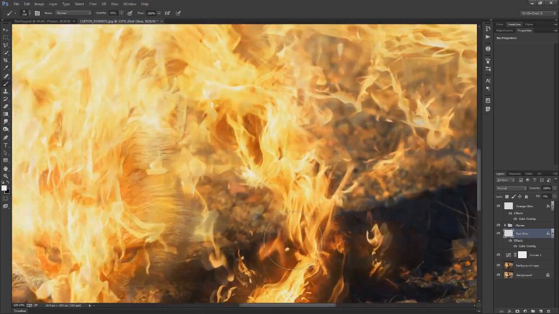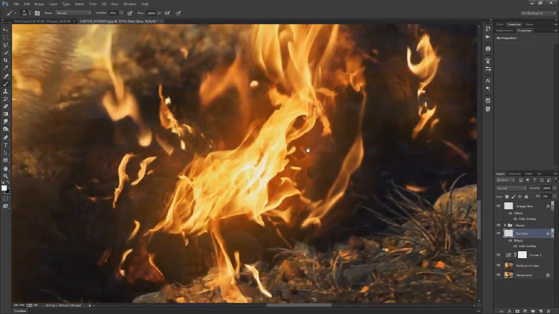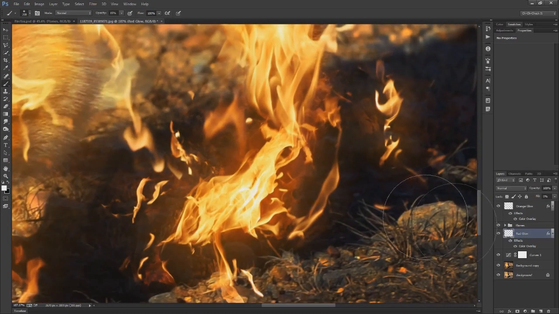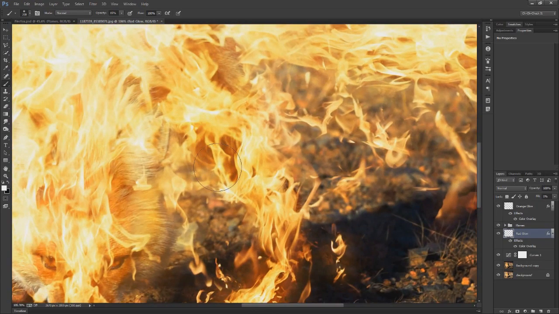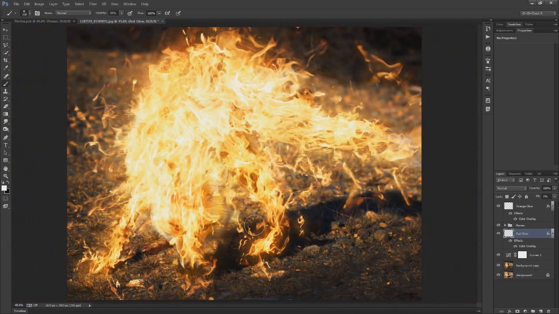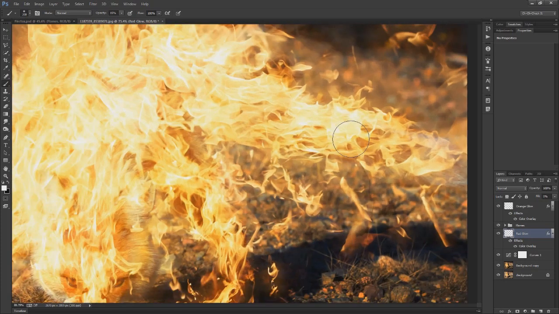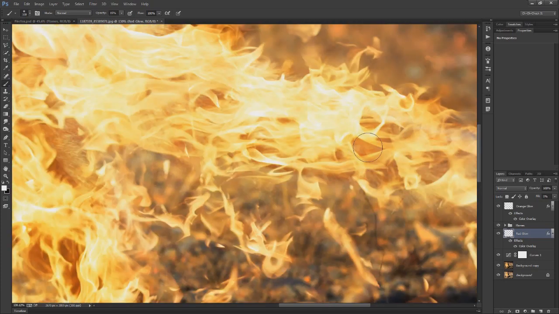So if we click OK and zoom in, for example, let's go into one of these areas like on the foot. If you turn that off and on, you'll see that we get a nice reddish color as sort of an underlying different shade of the fire. So that way we have the really intense red underneath, and then we have the really bright orangey golden color on top. So that way it gives it a two-layer feeling rather than just a whole bunch of,